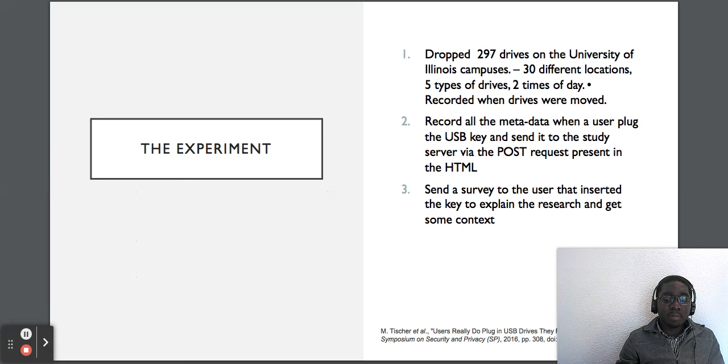Moving on to the experiment. The experiment was about the fact that they chose 2 campuses of Illinois University, and they spread around nearly 300 USB keys, and they wanted to check at each time who has accessed the file, and at what time. They did so by putting inside the USB key drive,